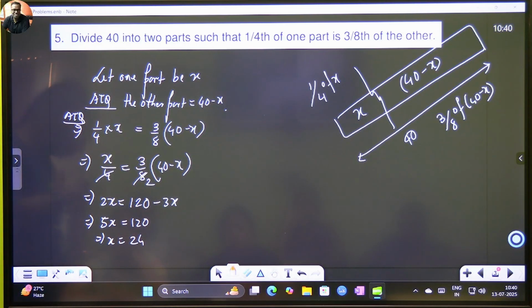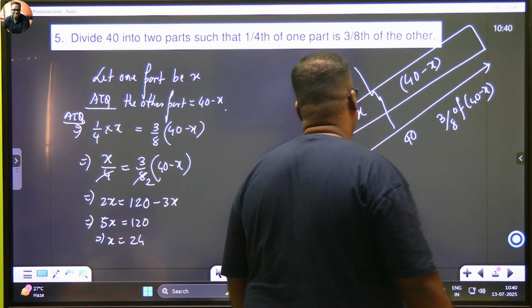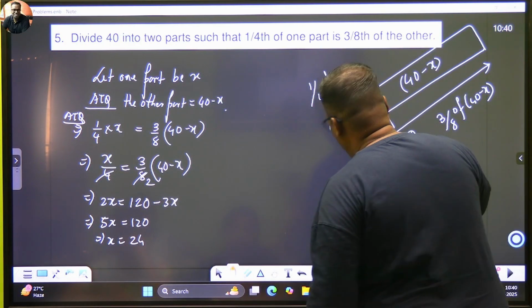But x is not what we have to find out. We have to find out what the two parts are. So the two parts of 40 are, one part will be,